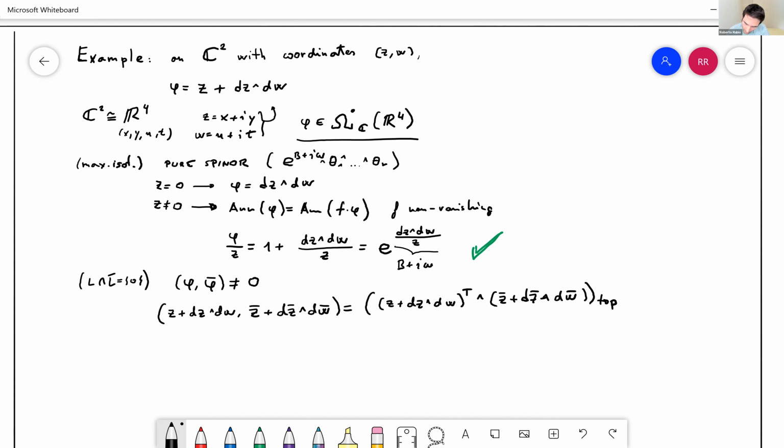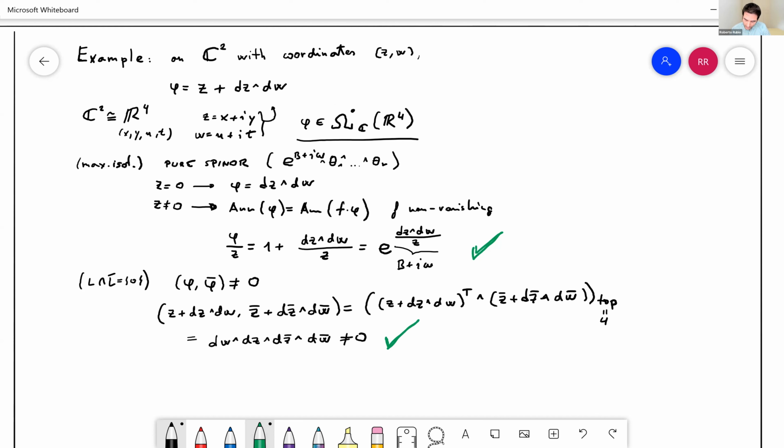And here I take the top component. Okay, but the transpose here is just going to change the sign, or just transpose actually. It will just say dw dz. And the top form here is 4. So I'm left with this thing with dw dz dz bar, which is not equal to 0. So this satisfies the condition that will give me that the annihilator of this form satisfies L wedge L